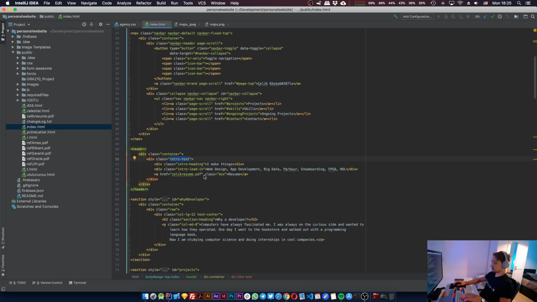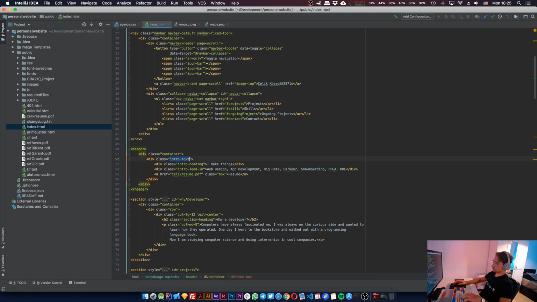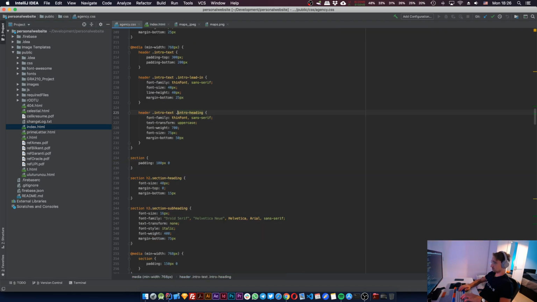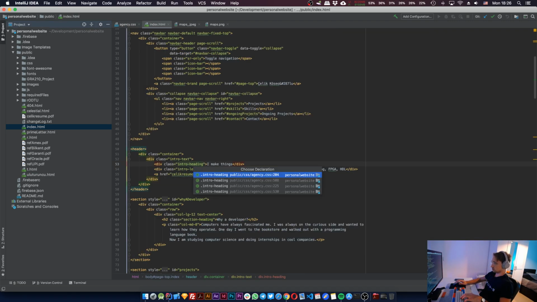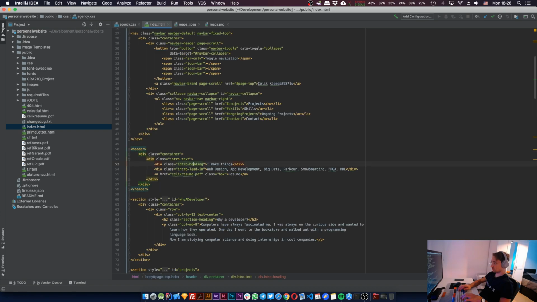Okay, so margins and paddings, they're changed based on if you're in the mobile version or, okay. Where's this coming from? Oh, okay, many places at once. And I just want to check if these are duplicates or not. So let's read all of them one by one. So this one, header, intro text, intro heading, font family and font weight, and that one,